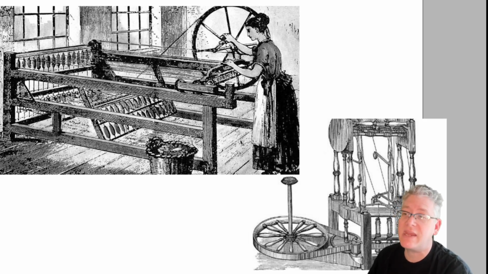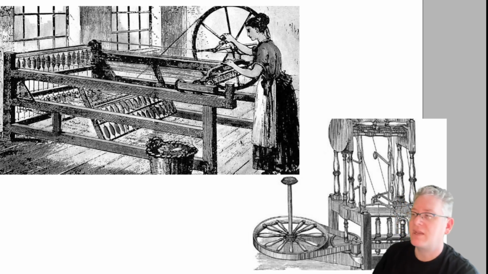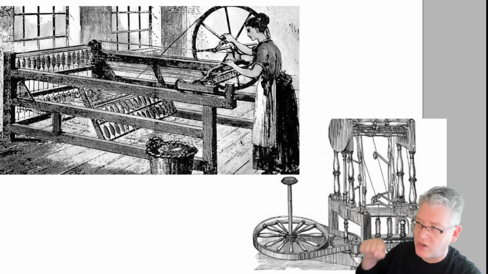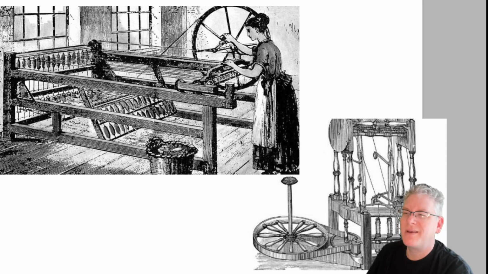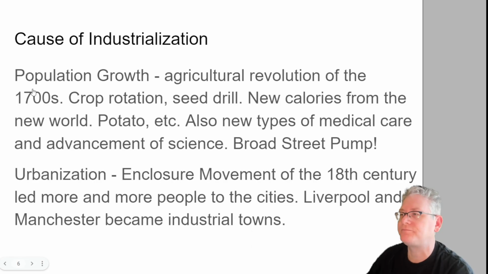But again, you can see how big this machine is. It was very expensive to create. You had to have specialized knowledge to build the frame and stuff, which means it was best to put into a factory. Now, right here next to me in my head is going to be the water frame, a similar concept, but instead of having the woman using her arm to do that, you can see this little thing here right next to me. That is going to be a belt-driven system that is connected to some kind of water system, like a water pump or something like that, that's going to be able to generate the power that you need.